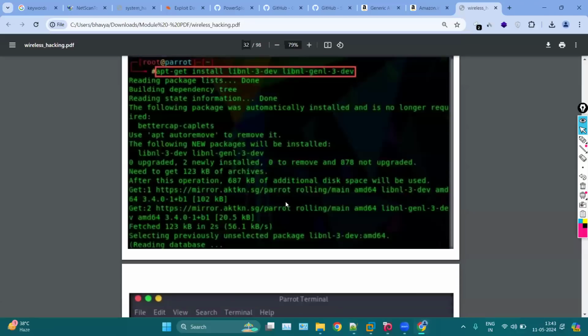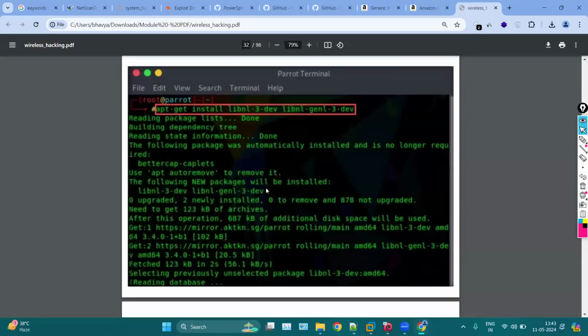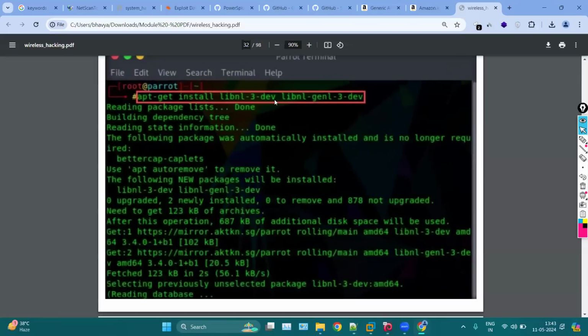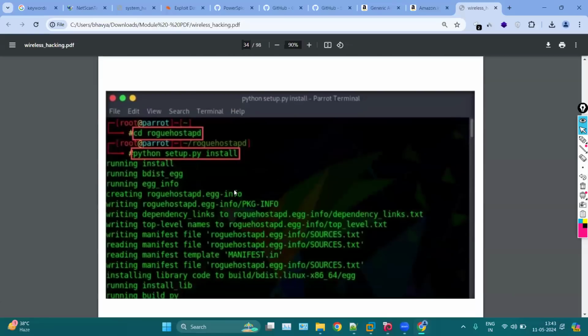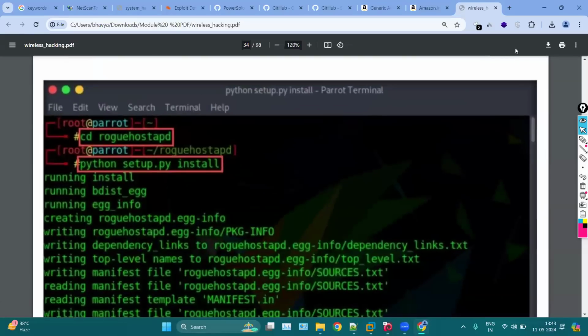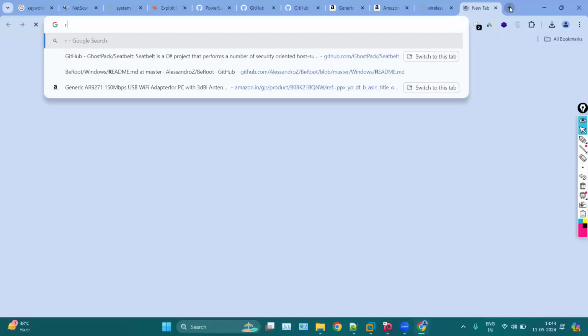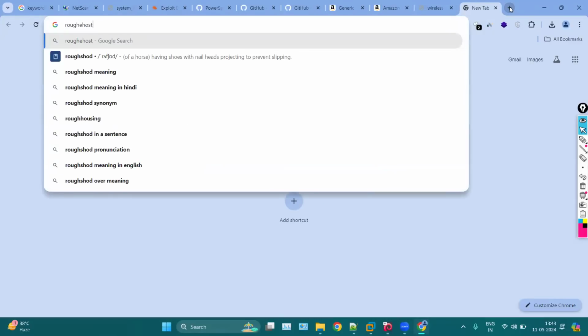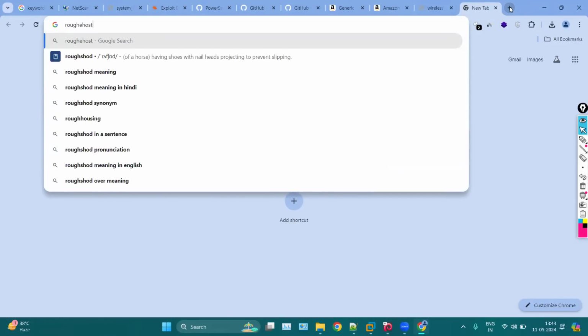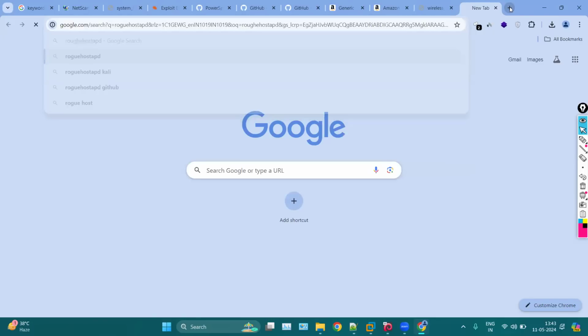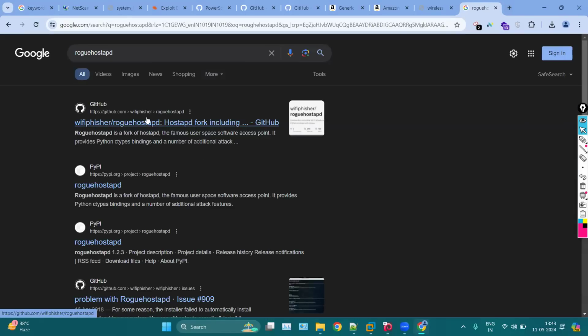It is simple. First, we connect and configure. For this one, we have to install some libraries. These are the libraries you can install, using apt-get install. After this, we have to install this application, which is rogue AP, which is this one. So you have to install this particular